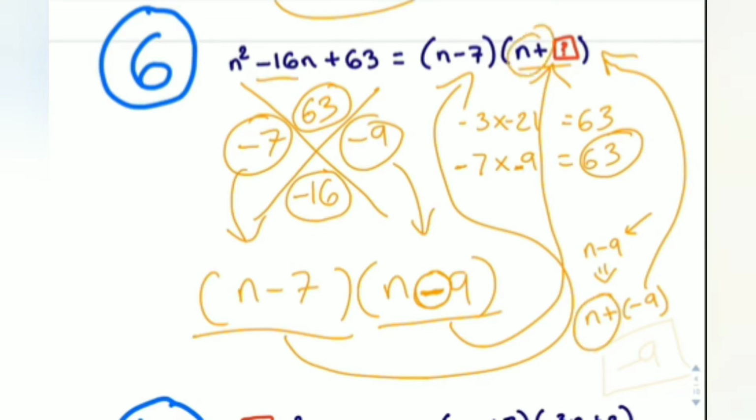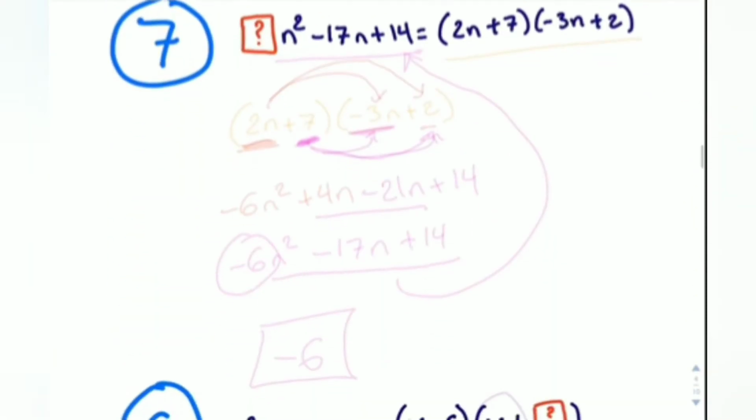n plus, and the question mark is negative 9. So the answer is negative 9. Okay. Now here, we must do the opposite of